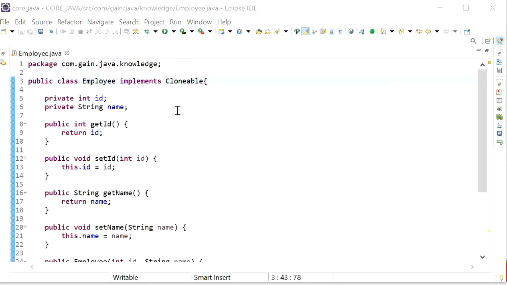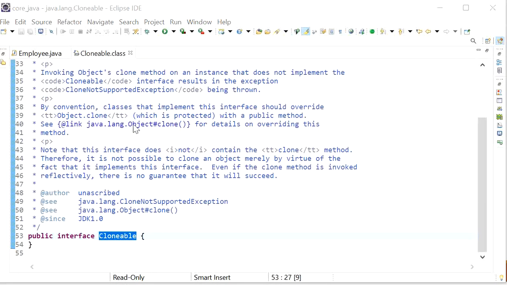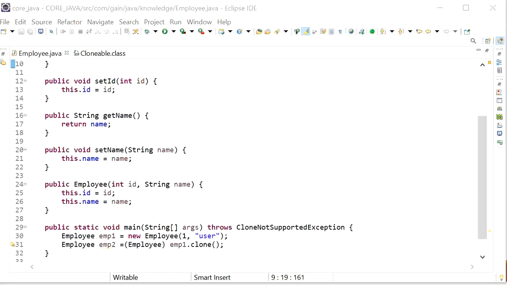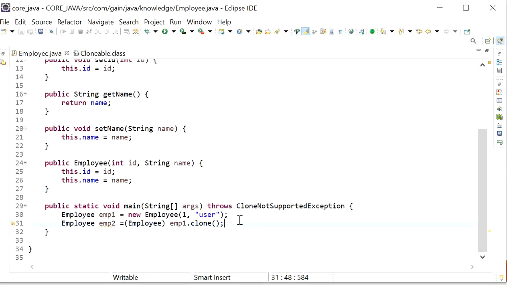This Cloneable interface is present in the java.lang package, and it does not contain any methods. It is just a marker interface, where the required ability is provided automatically by the JVM if our class implements this interface. Now if I run this application, it will work fine.